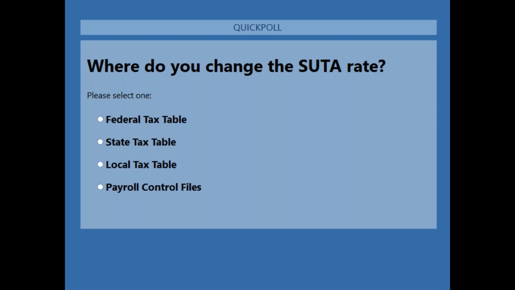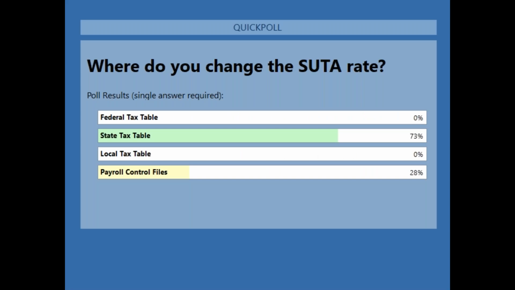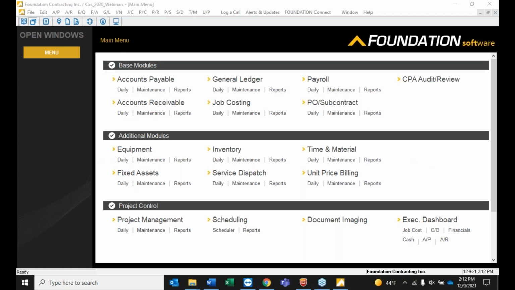Okay, I'm about to close this one out. And the answer is the state tax table. I tricked a couple of you on that one. Not that I meant to. Okay, so let's get back to